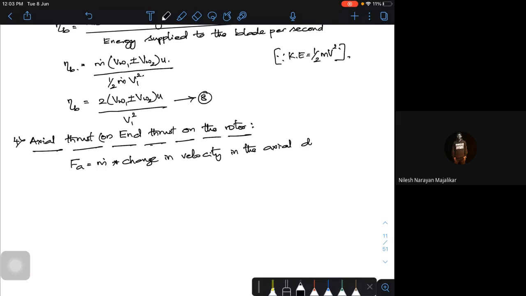Now, what type of machines are we dealing with? We are dealing with axial flow machines. I have clearly told in the previous class that in axial flow machines, the flow velocities will be in the axial direction. So then your axial force Fa is equal to m dot into the change in velocity, that is Vf1 minus Vf2.